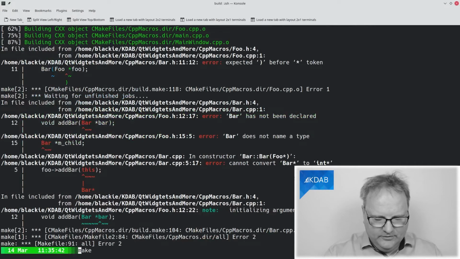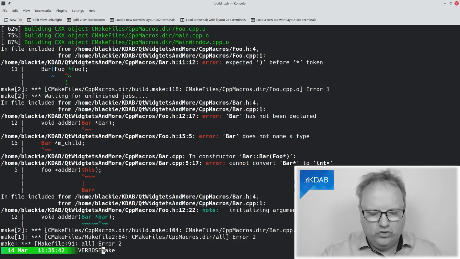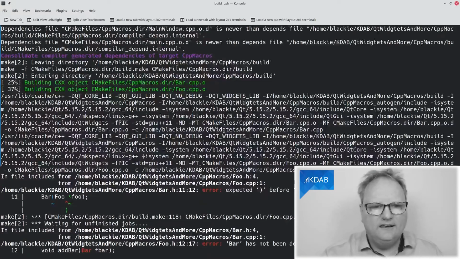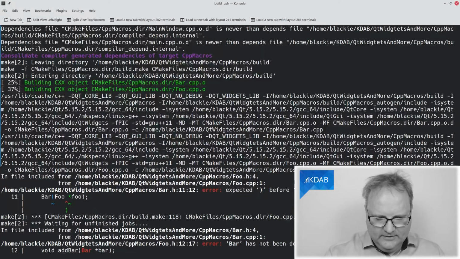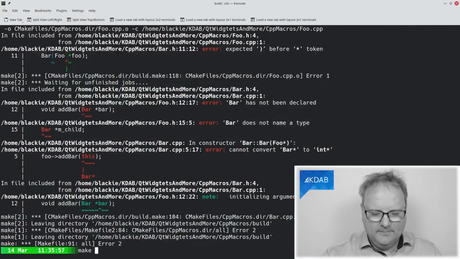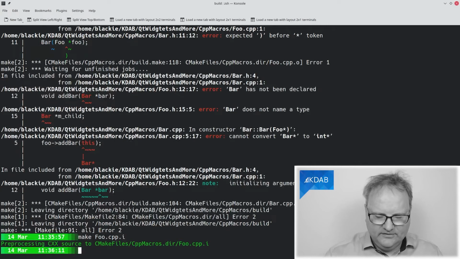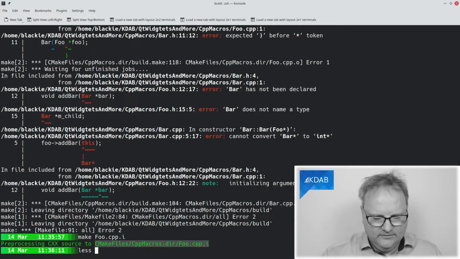Well, first thing you could do is you could run verbose equal to 1, run make, and here is your command lines again. Or you can run a special target make, or is it foo.cpp.i or s, and what you'll get out of this, somewhere else located, I admit, but nevertheless, here we go.